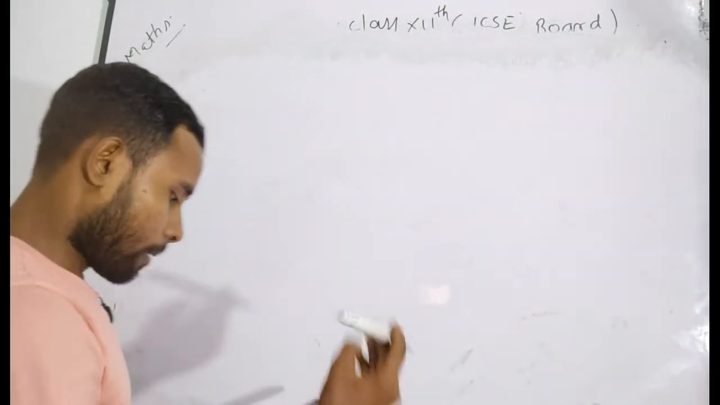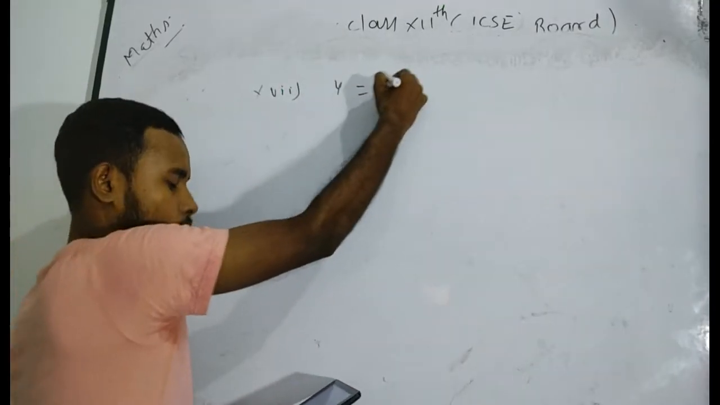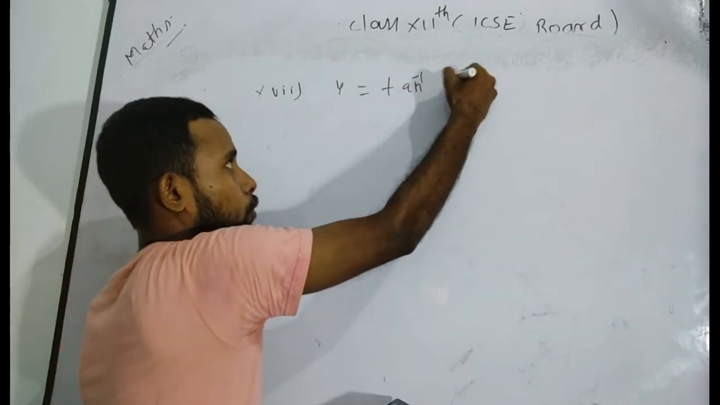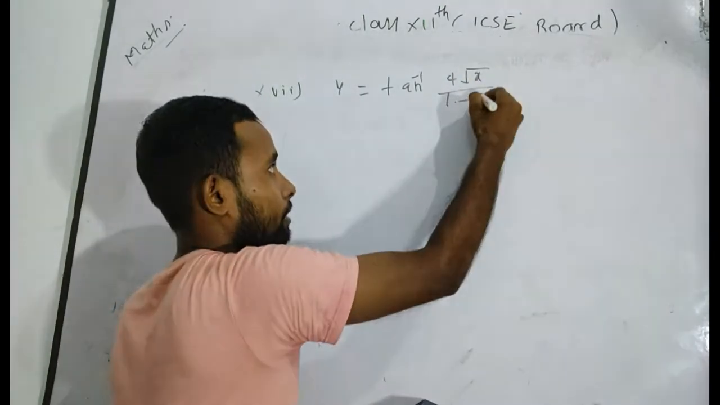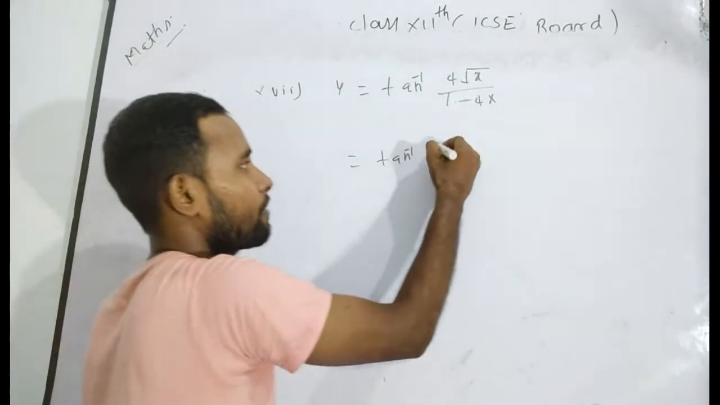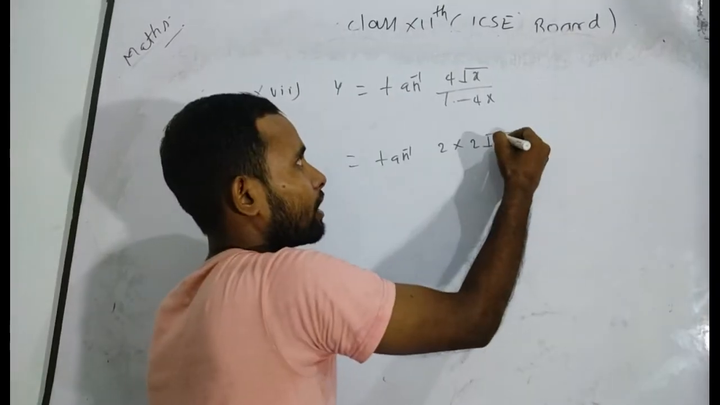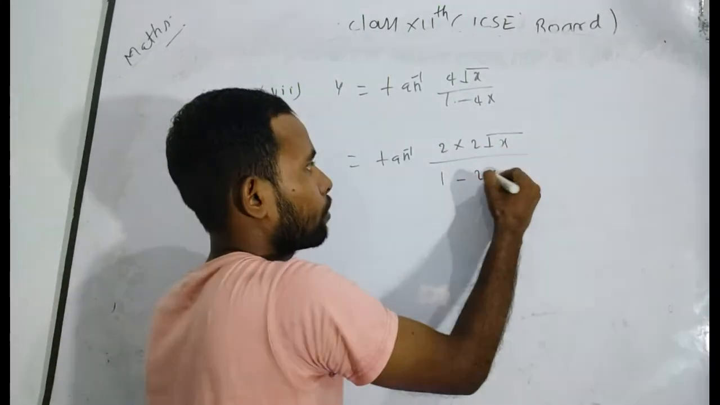And the final problem will be 70. There will be y is equal to tan inverse of 4 root x divided by 1 minus 4x. You will tell me how can we proceed? It is also very easy, only some simplification. Can you write it as 2 into root x divided by 1 minus 2 into